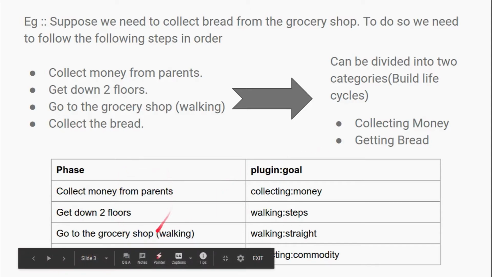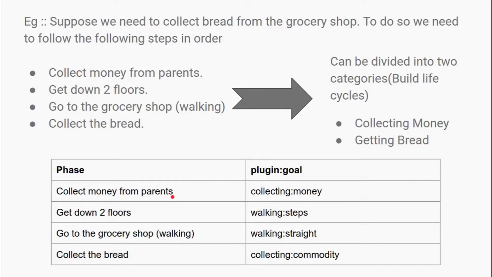In this particular table, what you can see is, on the left side there are phases and on the right there are plugin and goal combinations. For the first phase, that is collect money from parents, what can be the plugin and the goal? Let's assume the plugin would be collecting. Just remember, the plugin is the type of task. In our first phase, we are collecting money from parents.